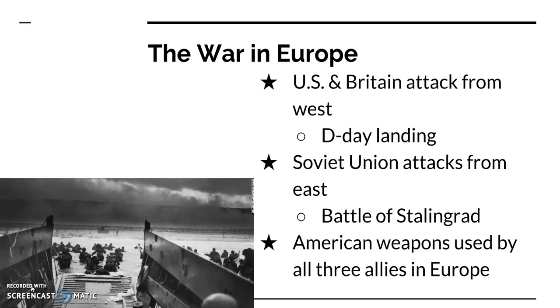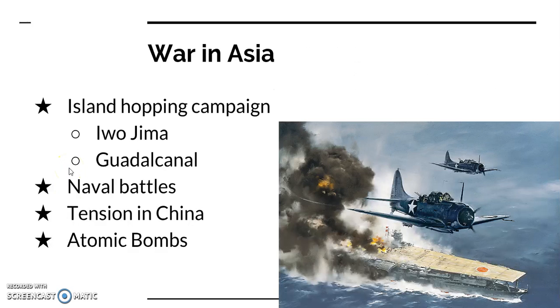Now, American weapons were used by all three Allies during the war. The U.S. became the great armory of the Allied cause, providing weapons and munitions to all the countries under the Allies, both in Europe as well as in Asia. Now, speaking of the war in Asia,